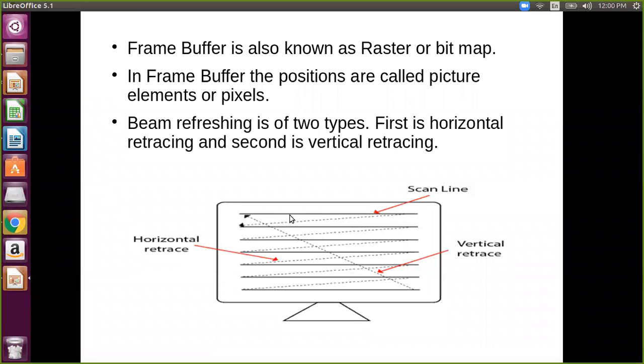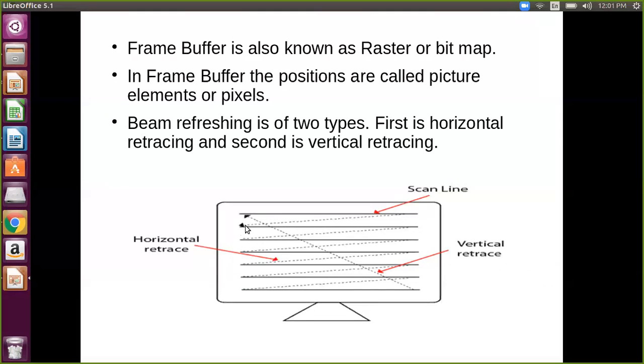The beam is on from the starting x to x max. At the end of x max, the beam is off, so the pointer is off and moves to the starting point of the next line. Next line means if it is y max, then it will be y max minus 1. The pointer from x max, the last point of x, to the next line is off, not on.